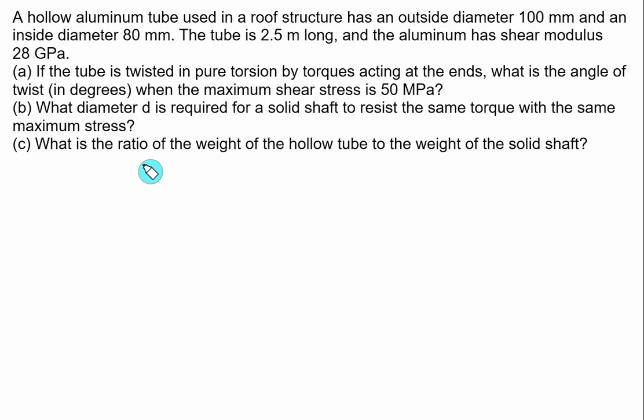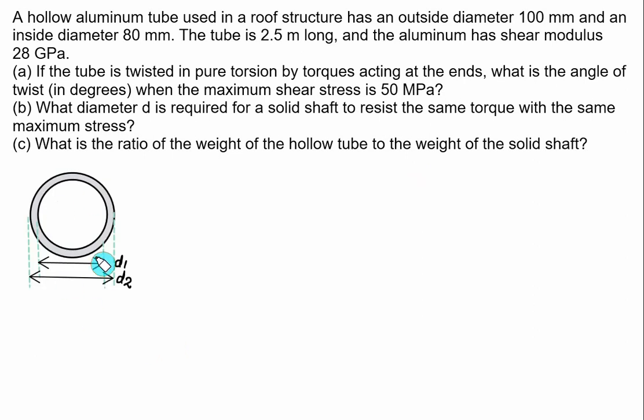And in part 3, we have to find out the ratio of the weight of the hollow tube to the weight of the solid shaft. So the comparison is to be done for the weight of solid and hollow. So let's consider we have a hollow shaft here with inside diameter equal to 80 mm and outside diameter equal to 100. The length is given as 2.5 meter, so we have L equal to 2.5 meter. The value of G is given as 28 gigapascal, so you have to take G as 28